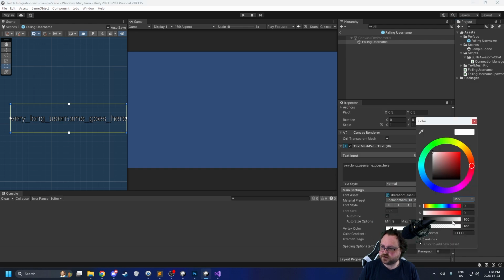RGB HSV. There you go. We can check. Yeah. Value of 0 is black. Saturation is how much color is in there. I suppose what I could do is go for 100% saturation and just randomize the hue. That might be the most